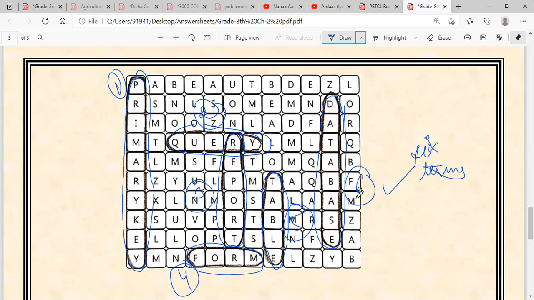Now our chapter number 2 is completed. After completing this work, do all your work on a book. Only write question answers on your notebook. After completing your work, make a PDF and send to me.